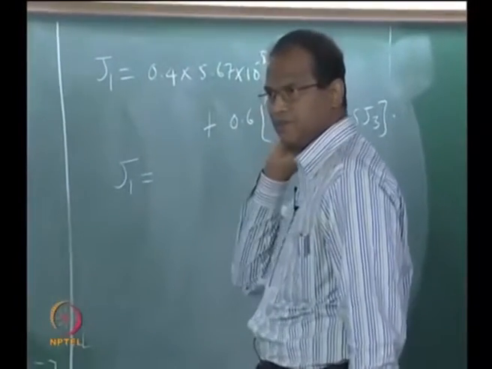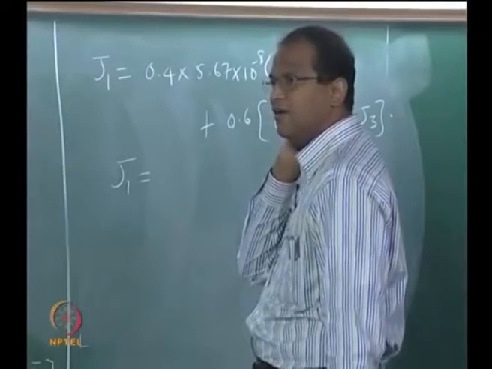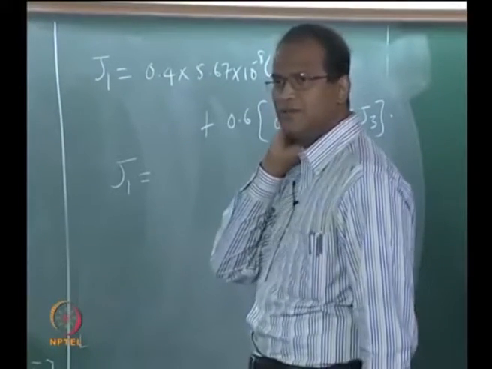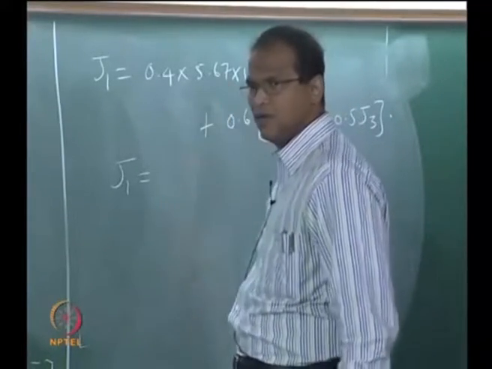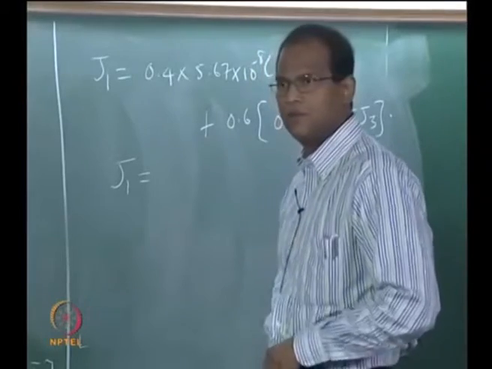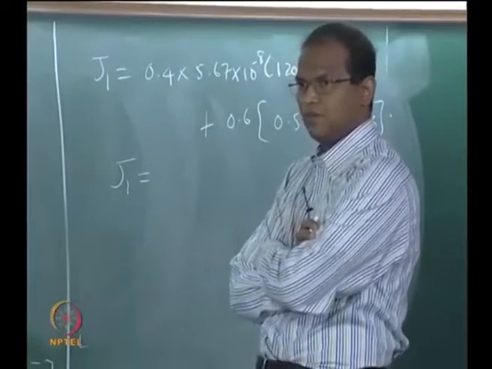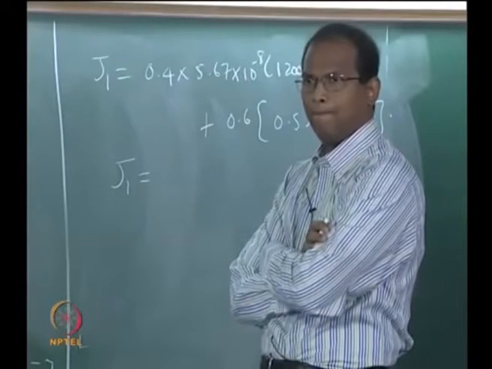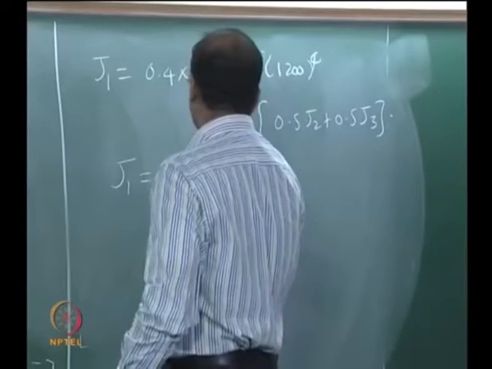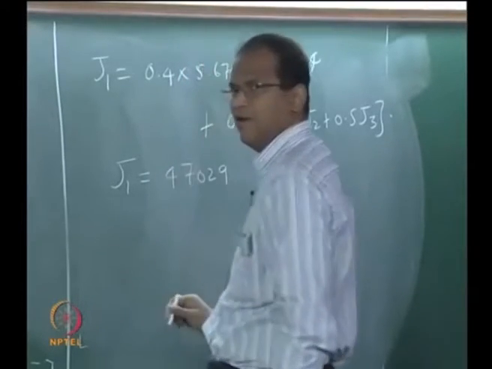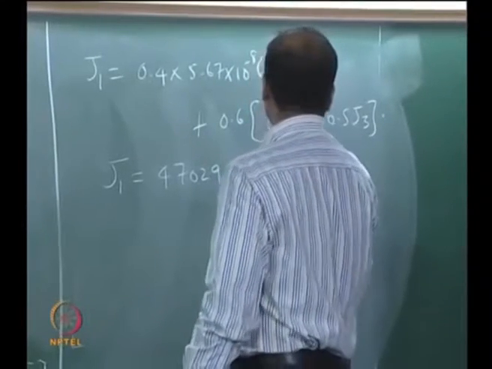First term: 0.4 into 5.67 into 1200, how much is it? Vikram, can you tell me the first term? 47,029. 29 point? Okay. Plus